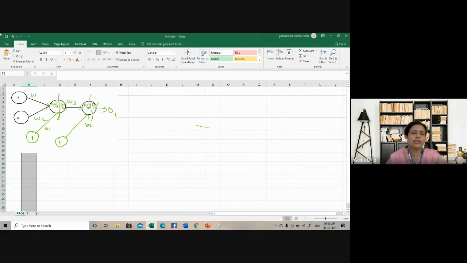Okay, so in the sense I'm cutting my hidden node into two parts. And again, my output node also I've cut into two parts. Okay, so from this side, whatever we address is called the net H1. First half is called the net value and the second half is called the out value. Net value and out value. So net H1, out H1, and here net O1 and out O1.